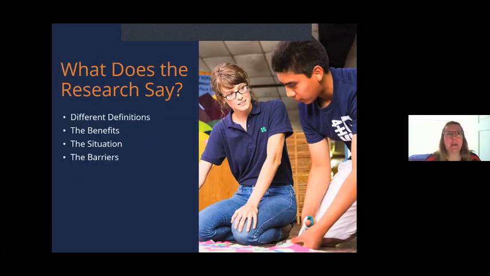So, as Judy said at the beginning, we all know that this is important, but there has been more and more research coming out saying exactly why and exactly how these things help and make a difference. So we're just going to hit the tip of the iceberg on this. And as Judy said, a lot of this comes out from the Search Institute, but we're going to take a second and look at a couple of other definitions as well. And then we're going to jump in and look at the benefits of this and what the actual impacts that we see from developmental relationships, what the situation looks like right now, and some of the barriers to doing this